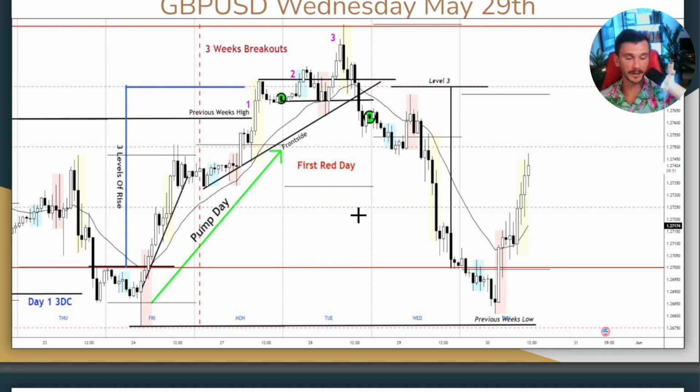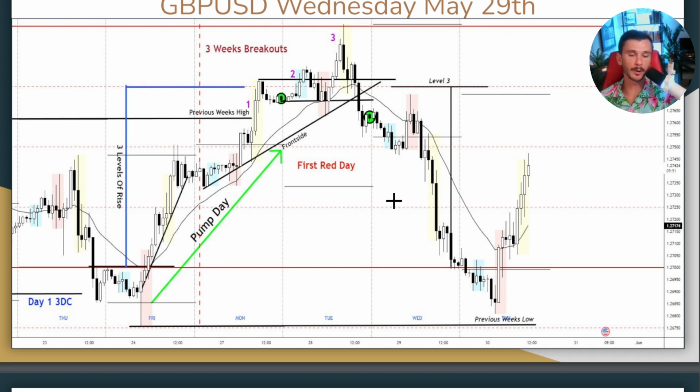Yes, the market might be in that first week of breakouts to the downside, pumps back up, gives me a first red day. Fantastic. Now I have a first red day continuation trade or trend trade. But if I'm 3 or 4 weeks down and I get a first red day, the likelihood of a dump into the low of the week for a first green day, which would be a lot better opportunity,